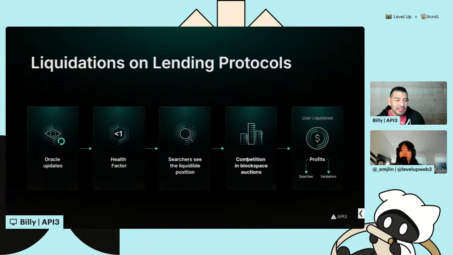And people use all kinds of techniques. They use a server right next to the sequencer in the same AWS cloud, so they're 0.5 milliseconds faster or anything. It becomes very competitive on there, but I can't really pay a lot of gas on a layer 2 because it's not going to have the priority on there. But just know, all this can't happen if the Oracle doesn't update, right? So the Oracle technically holds the power.